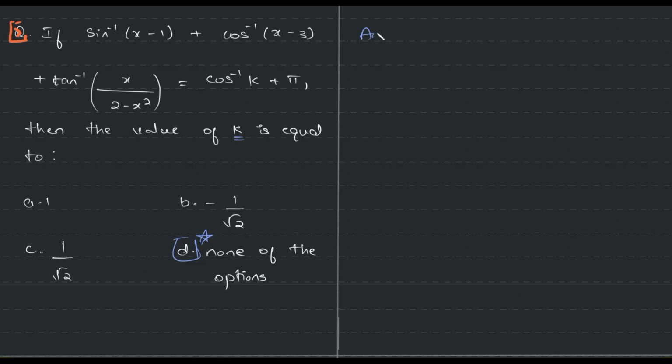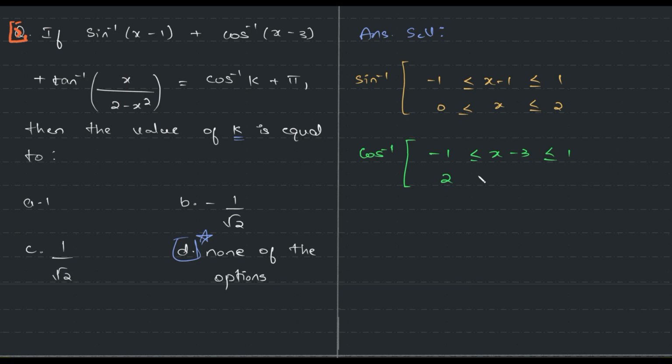Okay. So let's look at the shortcut version. First things first: sine inverse of any expression requires the input value to lie between 1 and minus 1. And we have x; when I add plus 1 to all of the sides, we end up with this cos inverse of, again, this is the shortcut version. So I hope you understand why I am doing this. So this 2 has to be between this set of values. And if I add 3, I'll end up with,